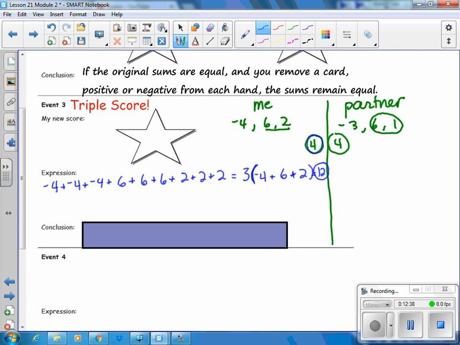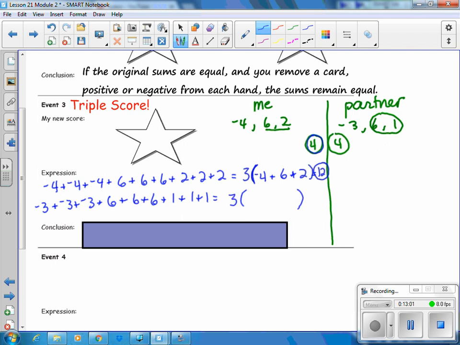Now we're going to do the same thing with your partner. Your partner is going to get their 3 cards 3 times as well. So they have -3 plus -3 plus -3 plus 6 plus 6 plus 6. And their third card was a 1, and they get 3 of those. Another way to write that expression is to just write down the 3 cards they're getting and then multiply that